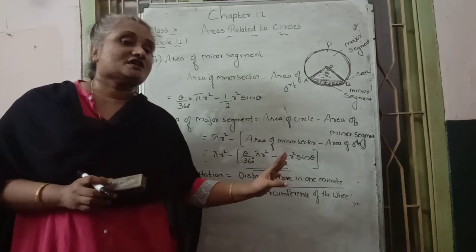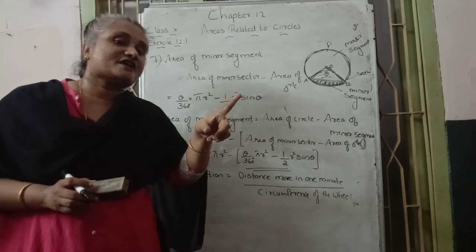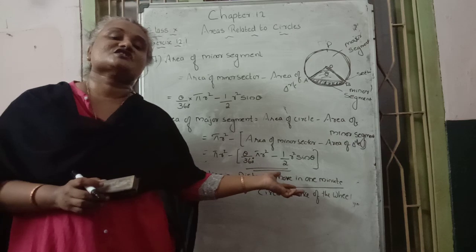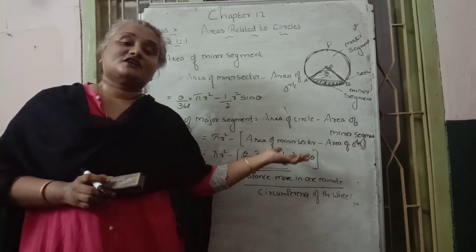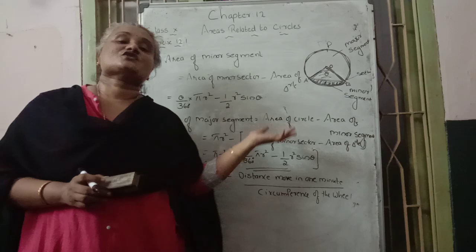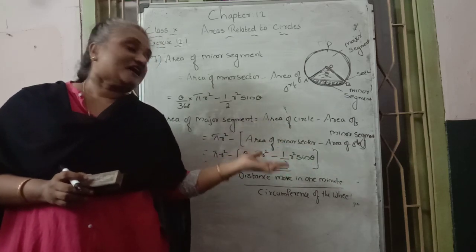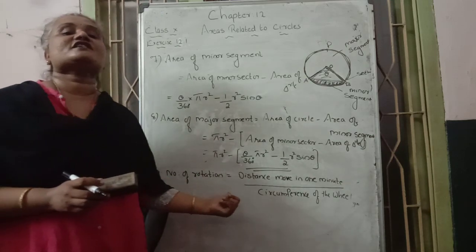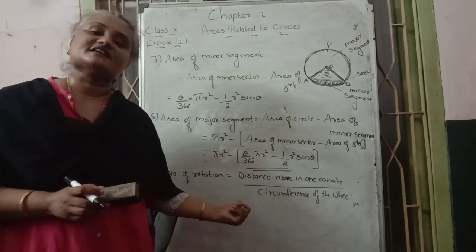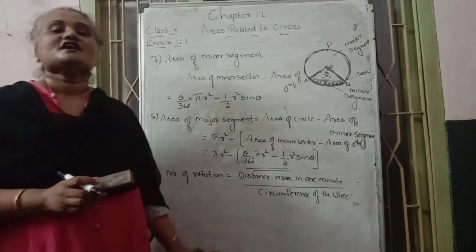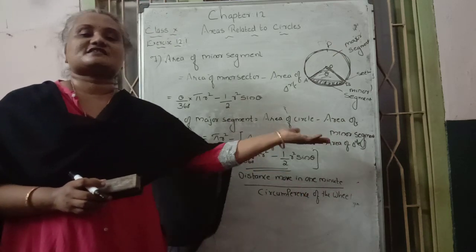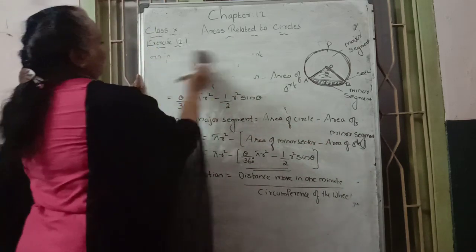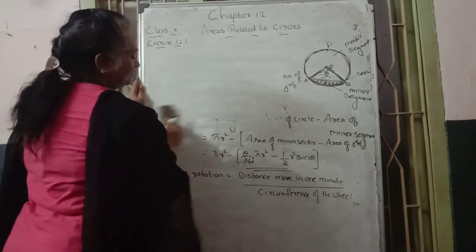To find the circumference, the wheel is in which shape? Circle shape. So the circumference of the circle formula applies. The distance moved is whatever time they ask, 1 minute or 10 minutes, and that distance is divided by the circumference of the wheel. You get how many rotations that wheel makes. This is another formula for finding the remaining ones. Next exercise we can discuss in time. Okay, then next we can go through exercise problems.